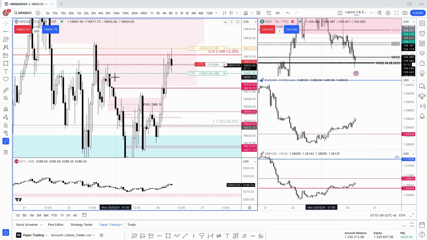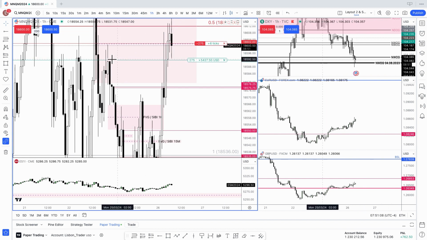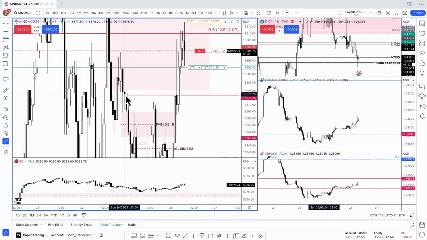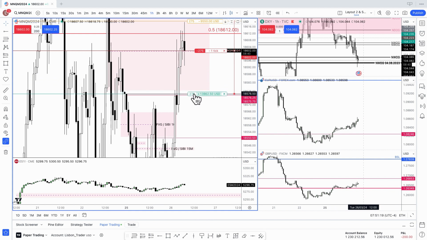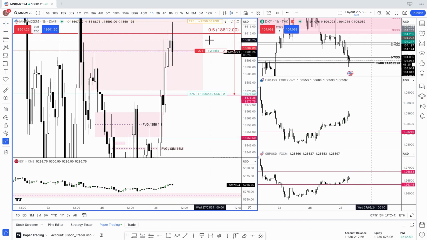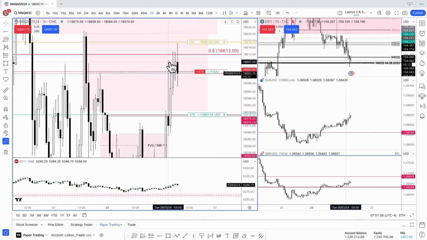So the idea is, it came again, tagged that one. Now I believe it will resume and do the same with this one, come as low as this one to touch it again. This was tagged, came above, this came lower. So this is a balanced price range, I would say. So if price was not able to go above,